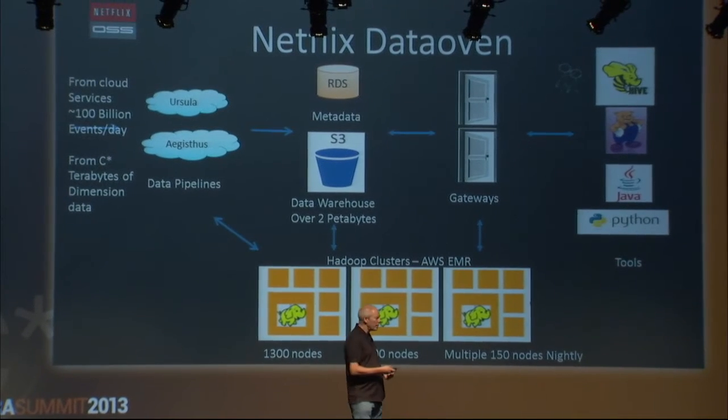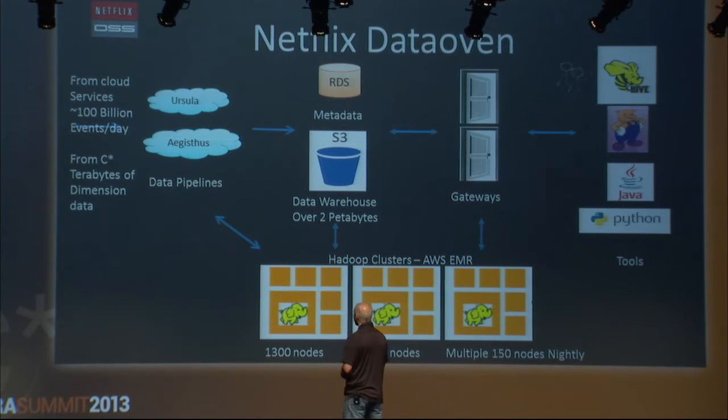So what we've got here is data coming in from cloud services. We've got event data, about 100 billion events a day flowing in. And then we have, from Cassandra, we're pulling in dimension data. That's like the universe of customer IDs. That's what I mean by dimension data. We bring that in, and we actually put it in S3. So S3 is our data warehouse. It just keeps growing. It's elastic. You don't have to worry about, I need another 4 terabytes of S3. I don't have to provision disks to do that.